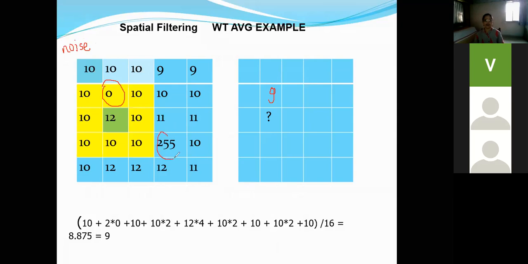And here you have a pixel with maximum bright value, which is 255. This is also a noise pixel, and it represents a very bright value. If you visualize this as an image, you will observe that your image is corrupted by bright white spots. Combined, this pepper and salt noise is called salt and pepper noise.